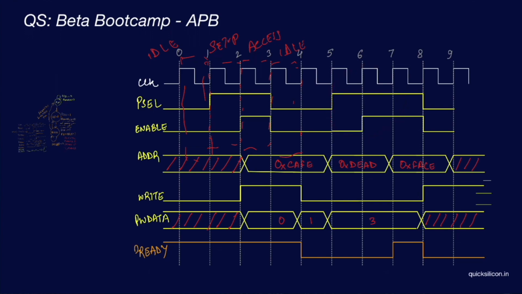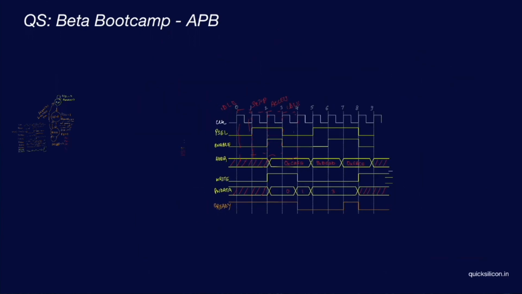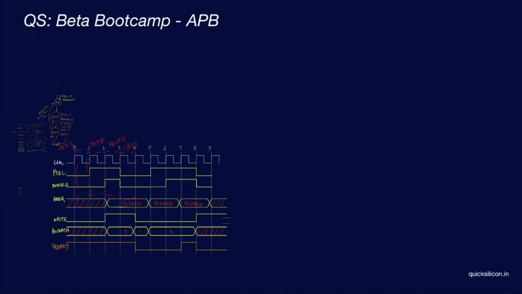Okay, so I think with this we have covered enough about the timing relationships and what all different signals we have. Let's try to implement a simple RTL for APB as well as a test bench. So I'll explain what we'll try to do in this particular RTL. We will implement an adder using APB protocol. Our RTL would actually be the APB master, and our test bench would be the APB slave.